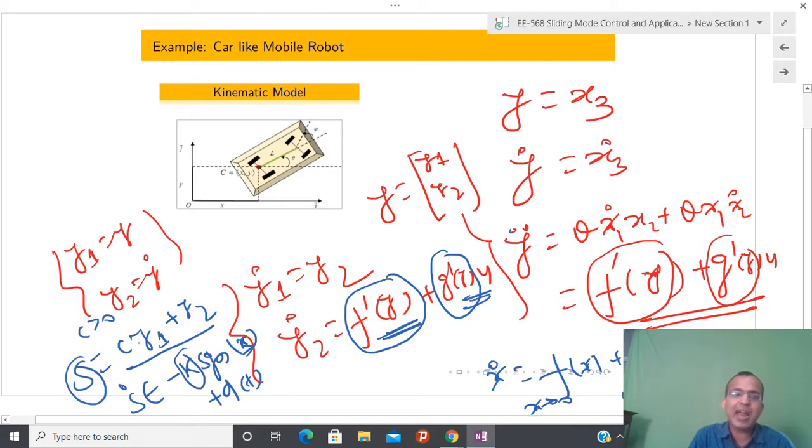And what happens at that time is a reduced order system with s equal to 0, and if you substitute there, then y1 and y2 both tend towards 0. So in this way, by second order sliding mode control, you are able to control this plant even if f dash and g dash are not well known to me. Does anyone have confusion? Have you understood this point or not? If anyone does, please ask me again, I will repeat it.